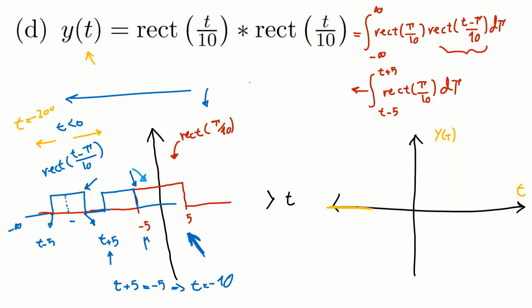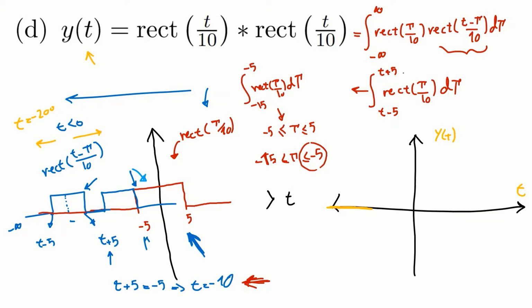So from this, I want to calculate the value of the signal. I saw that the overlap happens when t equals minus 10. So we have minus 15 here, and here you have the integral from minus 5 of rectangular of tau over 10 d tau. And we saw that this signal is 1 if tau is between minus 5 and 5. But tau here is between minus 15 and minus 5. So you see that at one point at least the value of this signal becomes 1. Good. So we can say that the product equals 1